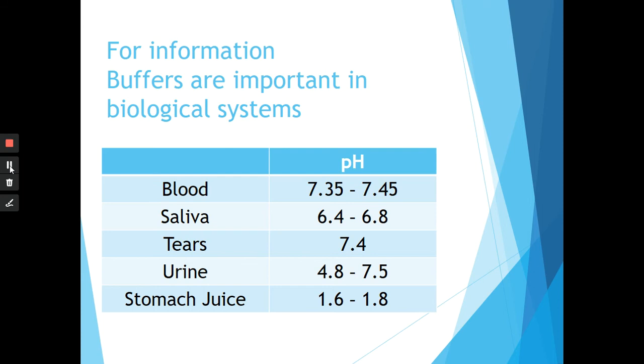So this is just some information about buffers, and it's just telling us why it's important. They are actually more important in terms of biological systems, although we do use them in chemistry as well. Okay? So basically your blood has got a pH of between 7.35 and 7.45. So if an acid goes in, you wouldn't want there to be excess hydrogen ions and it'd be pulled down below 7.35. Therefore, you need a buffer there to replace any ions that are removed by the H positive